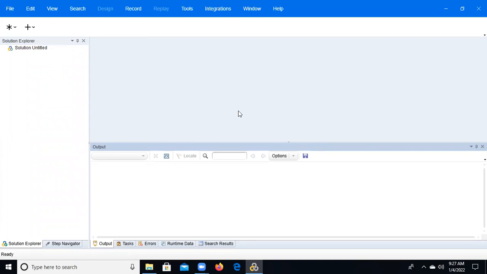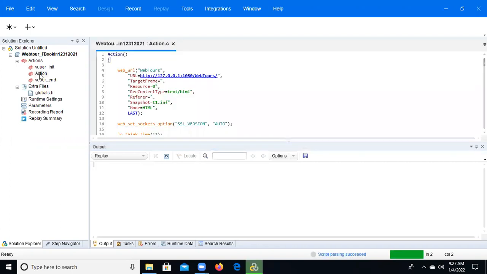If a script is corrupted, it will not open sometimes. So that script maybe is corrupted, so it is not open.